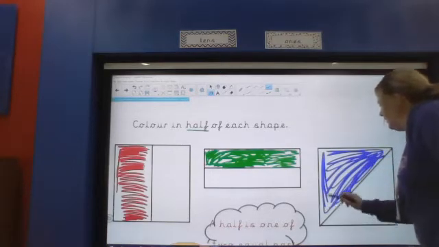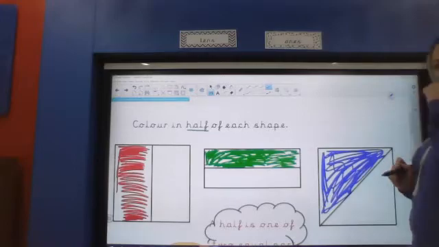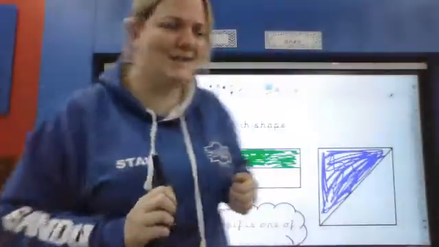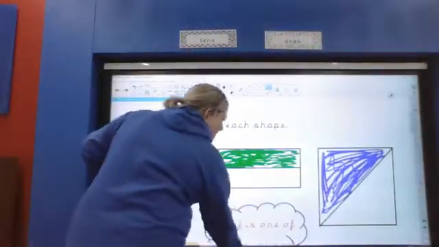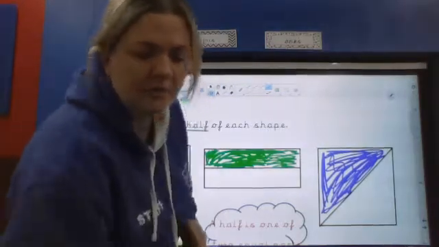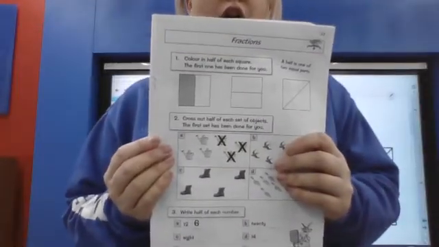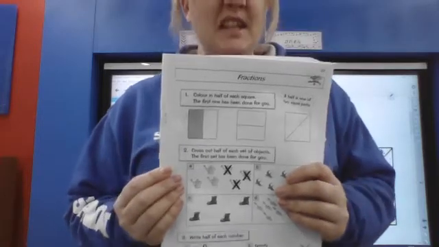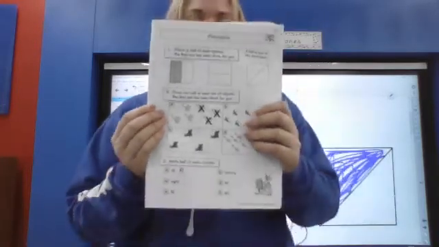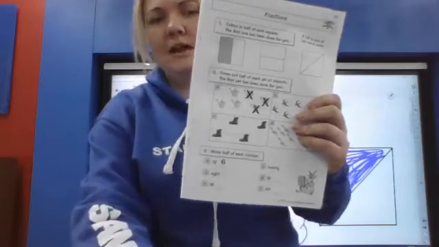There we are. Excellent. Your shading will be much neater than Mrs. O'Keefe's. So on there, year two, all you need to do is shade in half of your shapes, and they're the same as what Mrs. O'Keefe's just done on the board. So we can do that one together, can't we? Let's